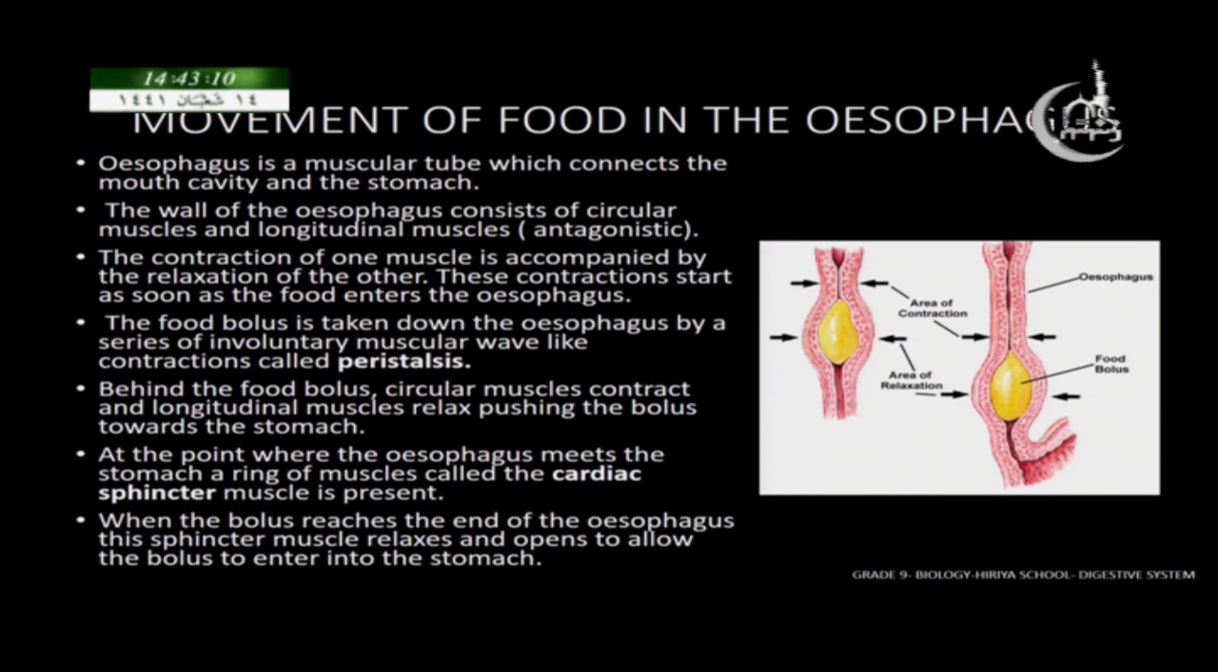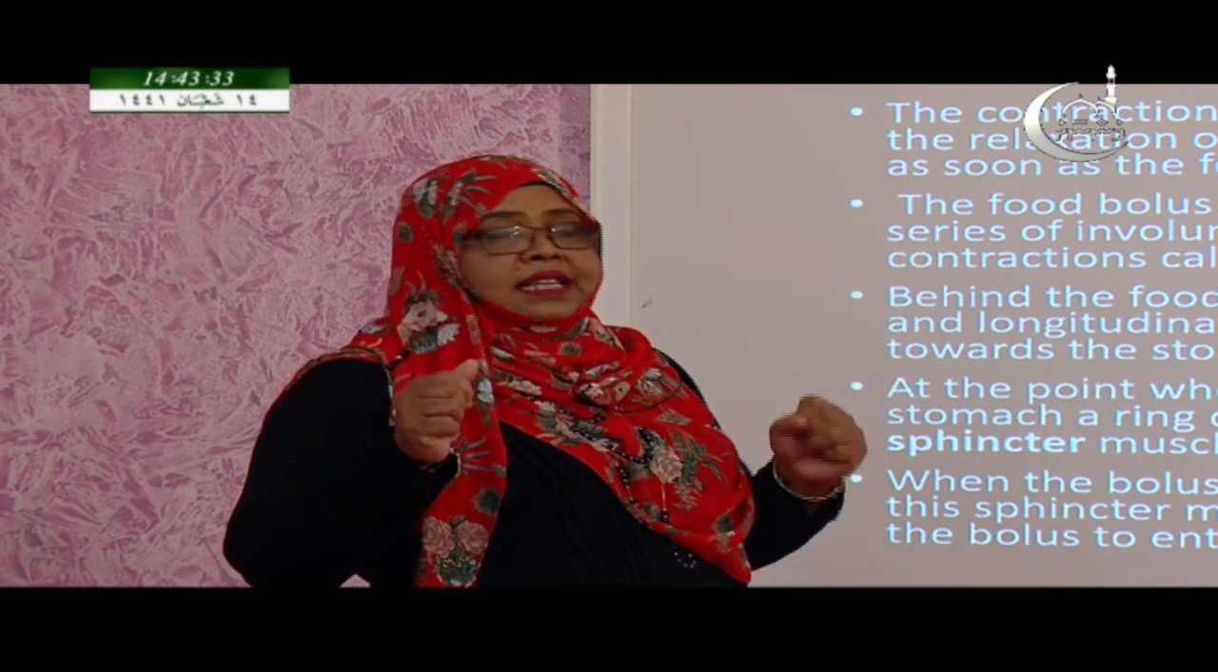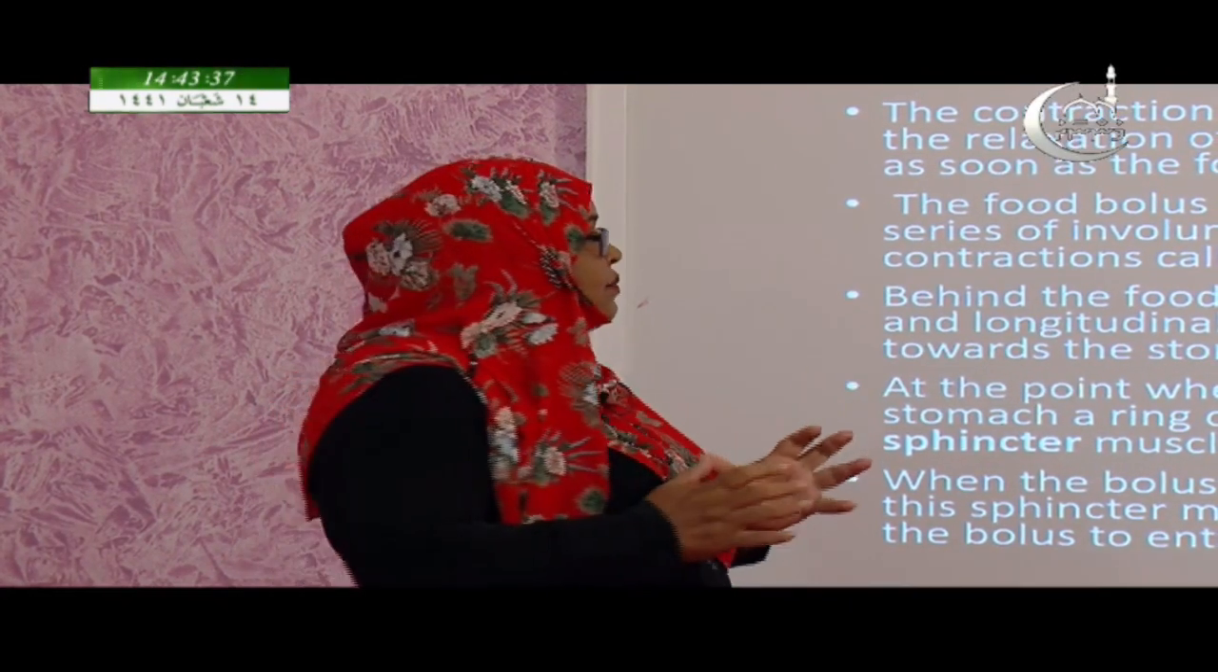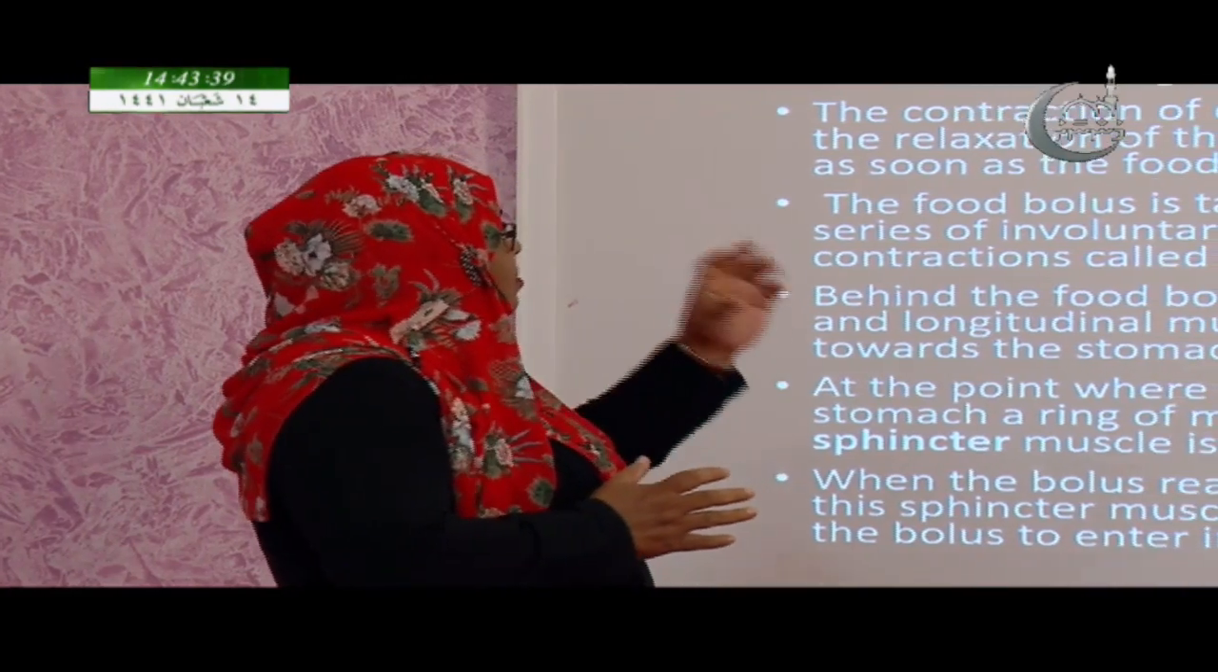So, here we have the esophagus, which contains two types of muscles. They are circular muscles and longitudinal muscles. As the food is swallowed, the circular muscles will contract and the longitudinal muscles will relax, and then the food is pushed. The food is pushed in a peristaltic movement, which we call a rhythmic movement, where two muscles work together. One muscle will contract, the other muscle will relax. This is called antagonistic muscles, because they work together and the food is pushed down through the esophagus into